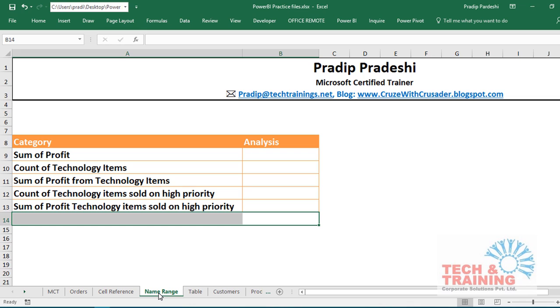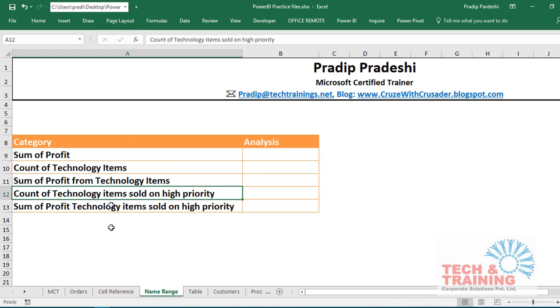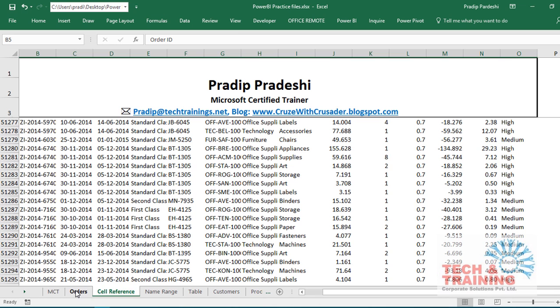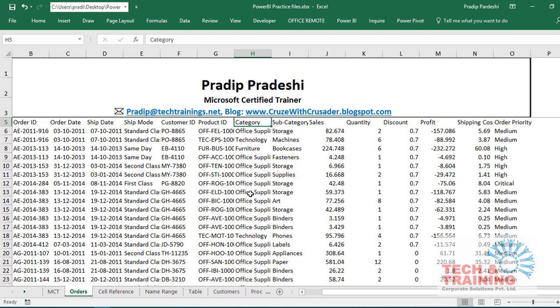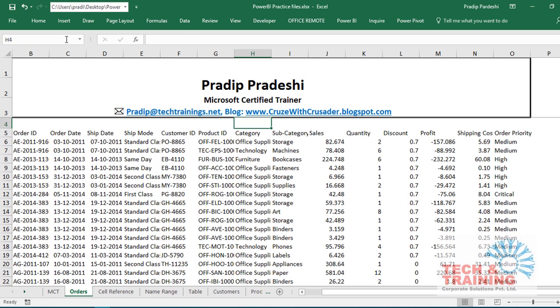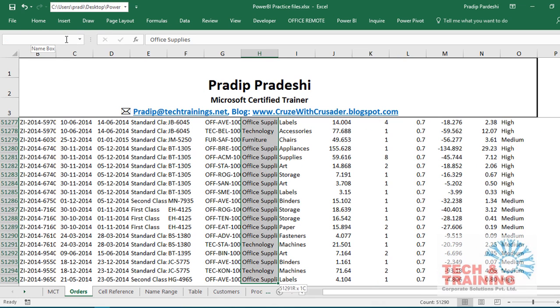So you will notice that from these items that were sold, this was the profit that I have earned. I'm going to be using another feature called named range, where I will do the same kind of calculation but in a little different approach. So I'll go to the orders table, and in order to use this column in my calculation again and again, just for the safer side, I'm not including the header, although I can include the header. So I'm selecting the entire column. I'll name it as